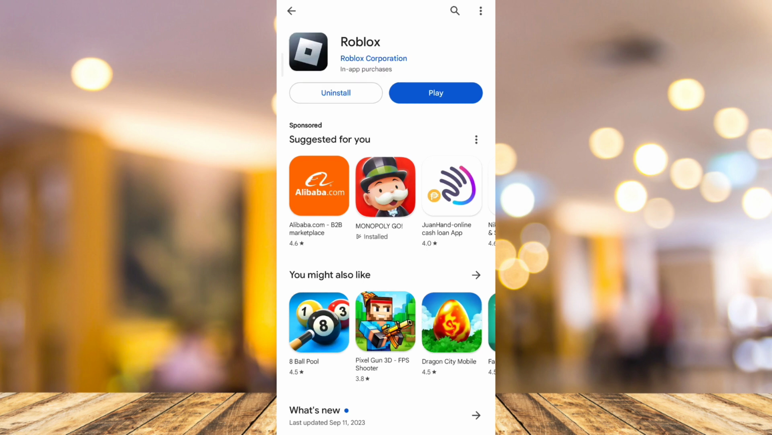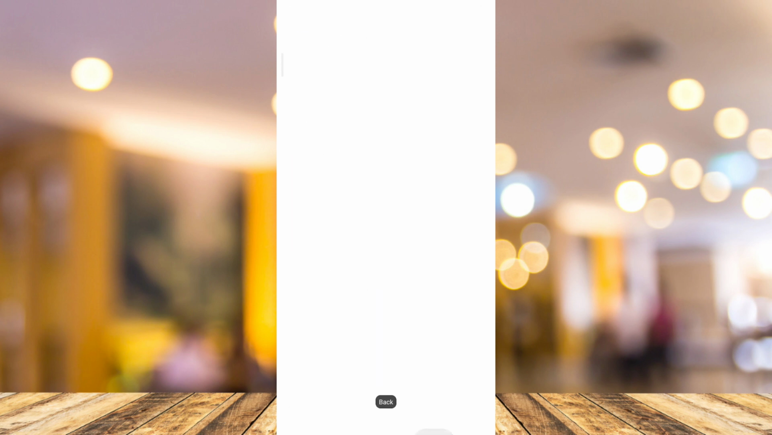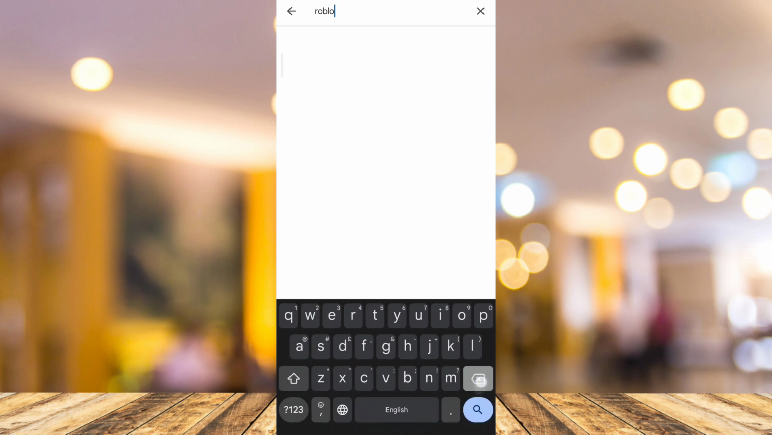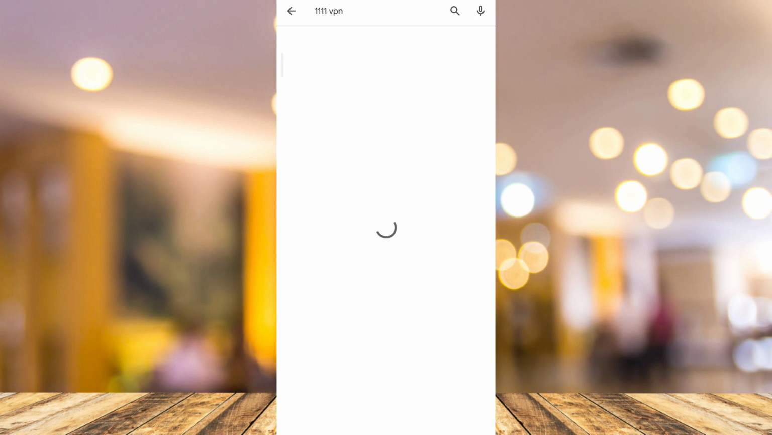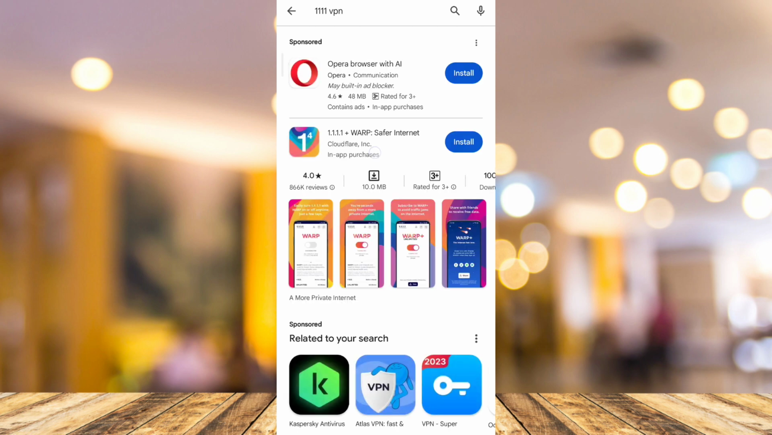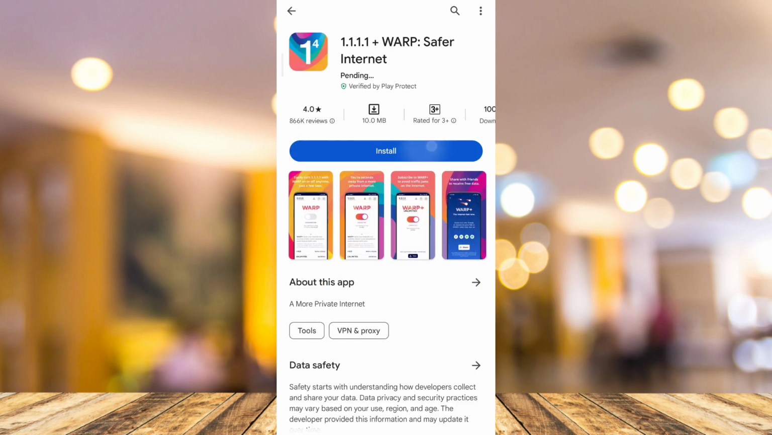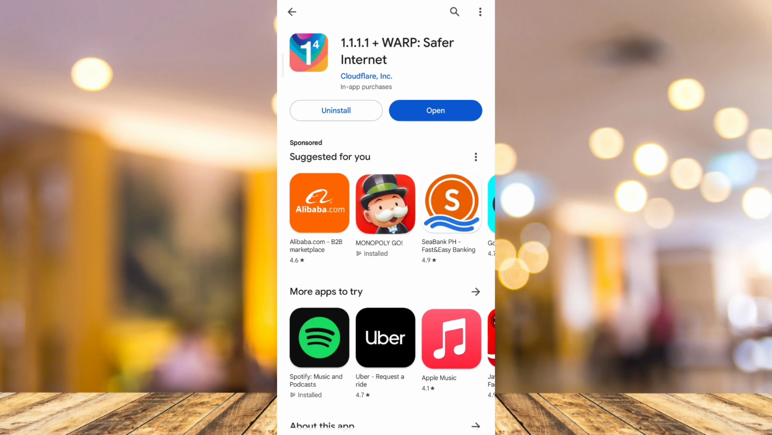Now once you've done here, just go back to the page and then go to the search box. Try to search for this 111 VPN, and then you just need to install this VPN app. Now, once you've done installing this VPN app, go back and then go to your phone settings and